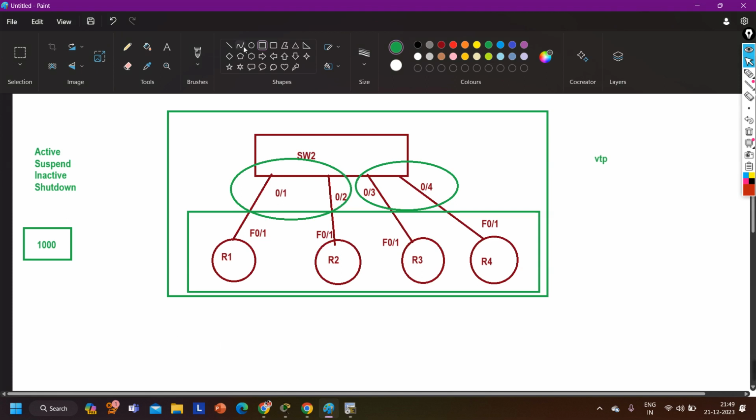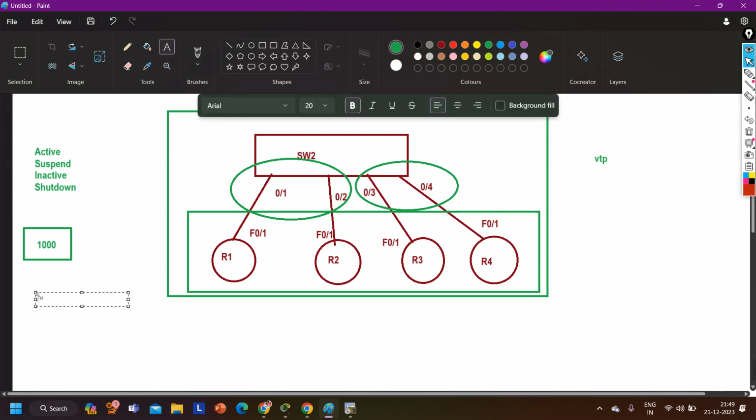Now there are two types of switch port. Switch port is a port which forwards traffic on the basis of layer 2 information, and there are two types of switch port. First one is access port, and second one is trunk port. Access port is the port which is a member of a single VLAN, and trunk port is the port which is a member of all VLANs, right? That means whenever we put this command on the interface, switch port mode dynamic auto,